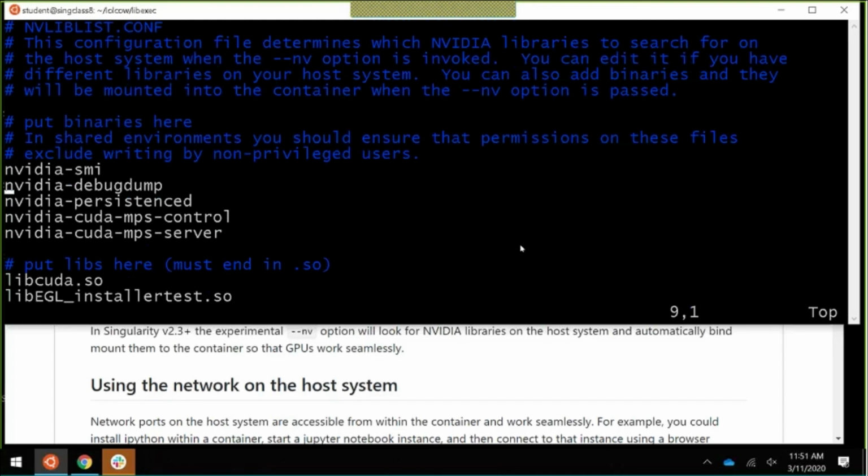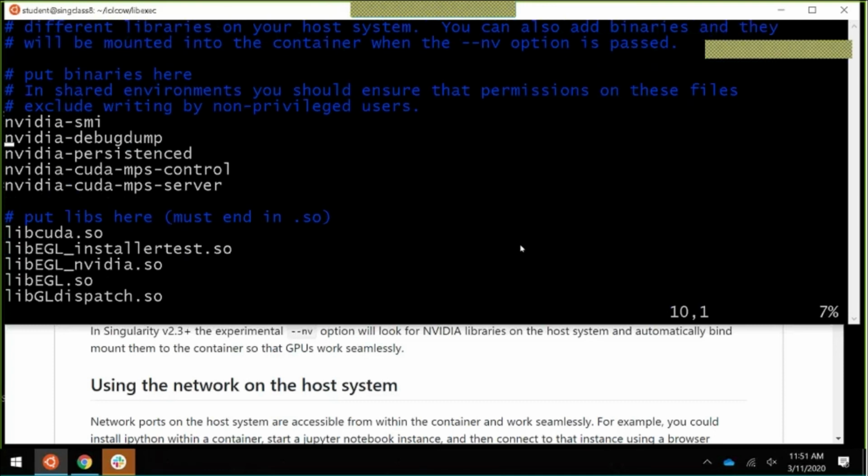Now you'll see that it's not just libraries, there's some binaries. So this is what you were just alluding to. Typically, you wouldn't do this. You wouldn't want to bind random binaries into your container because your binaries have been compiled against something, a specific glibc, and that glibc is likely to be incompatible with the glibc which exists inside your container. So if you want to use a binary inside your container, usually you have to compile it inside of your container. Well, it turns out NVIDIA is a special little snowflake, and they've decided to always compile these